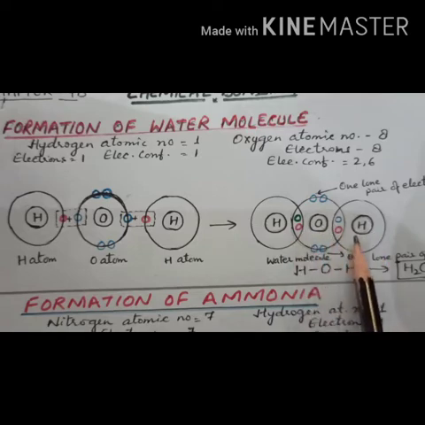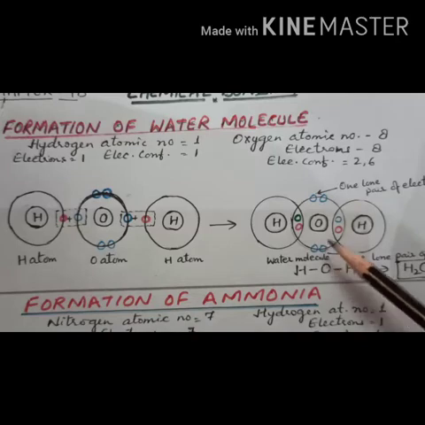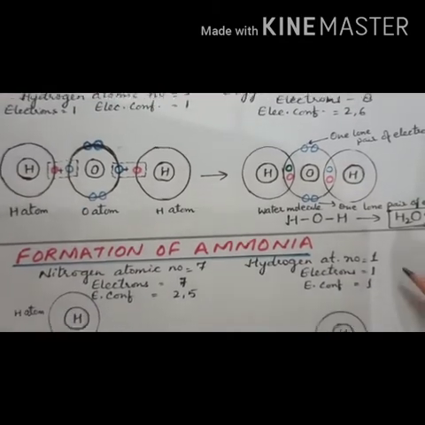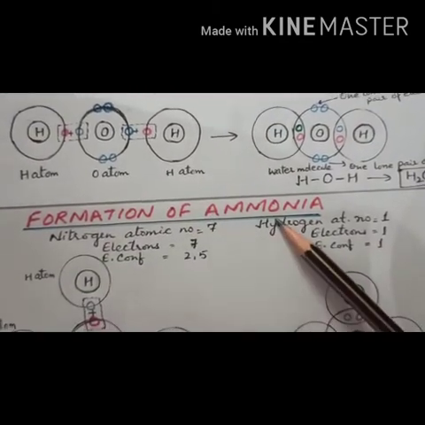And in this way they form a water molecule, in which what has happened? Two lone pairs. In this water molecule, 2 lone pairs are there. One lone pair is this one, and another is this one, which is not shared. What are lone pairs? The pair of electrons which are not shared. And here in water molecule, 2 single covalent bonds are formed, and water molecule is formed. Right?